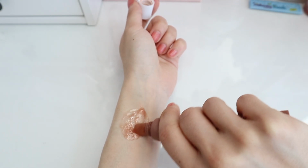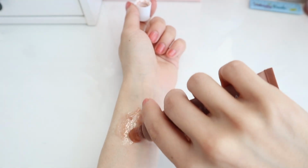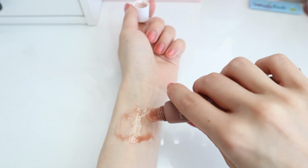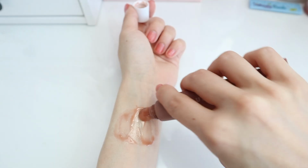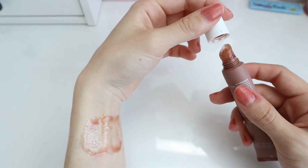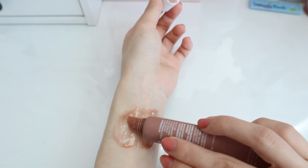Unfortunately, this formula does separate in the heat, and it's the middle of summer for me, so I do kind of have to shake it around and just accept the fact that a little bit of the clear gloss is going to come through before the pigment actually comes out. That being said, with a name like Vanilla Beige, you'd probably expect a gorgeous scent